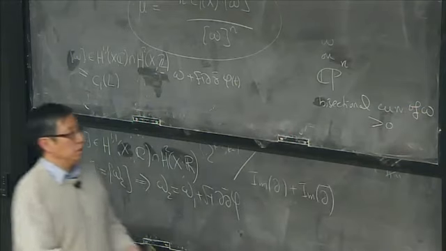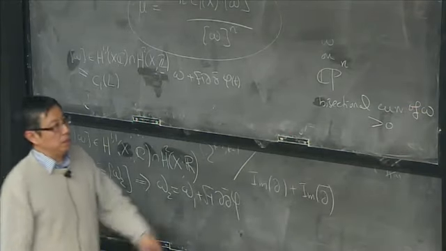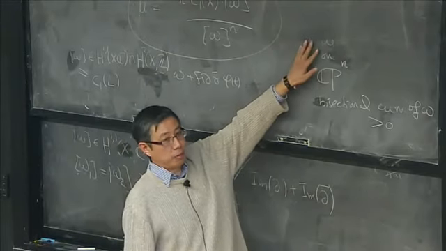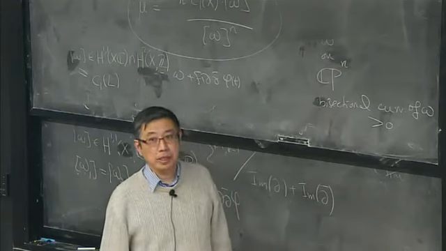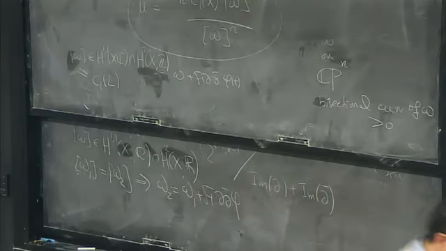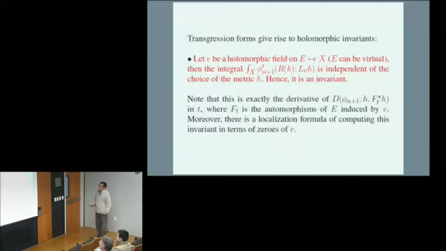Okay, so then what we did is we evolve this metric by Kähler-Ricci flow, and converge it to a standard metric in the limit. Okay, so F1 plays a very important role in this proof. So also the transgression form gives rise to a holomorphic invariance, a new holomorphic invariance, and as I mentioned at the beginning, this is actually